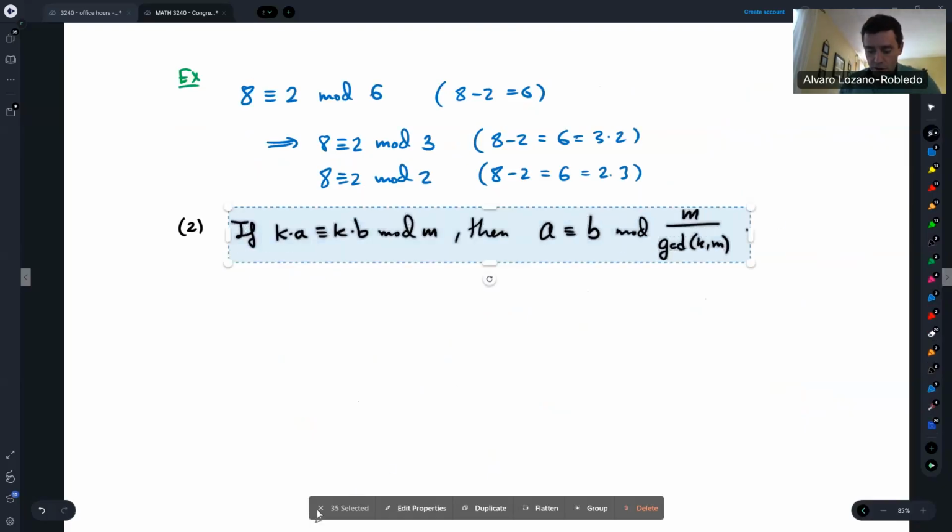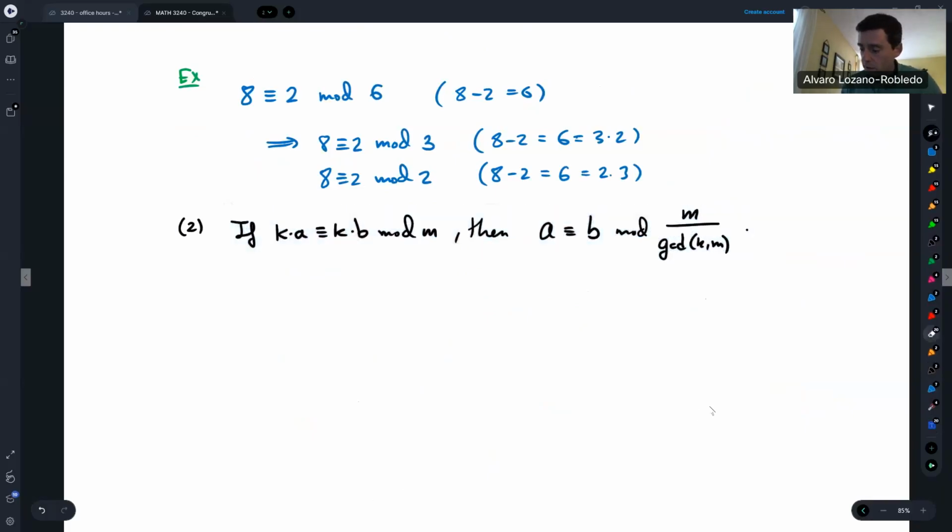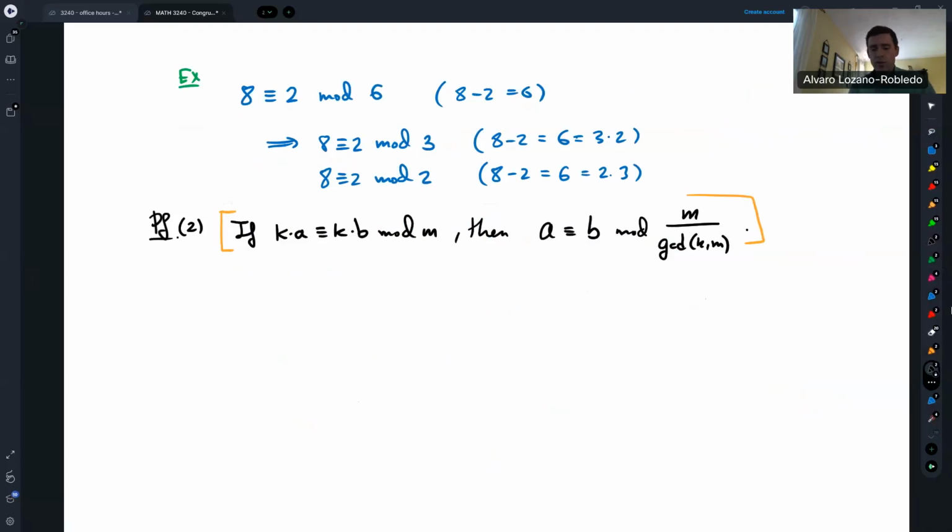Okay, so this is the statement that we want to prove. And this is a proof of that fact. All right, so let's prove this. So if Ka is congruent to Kb modulo M,